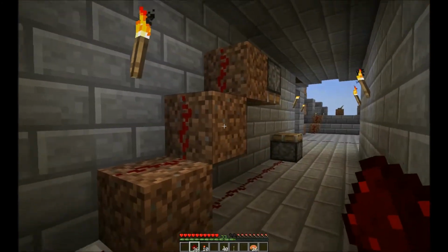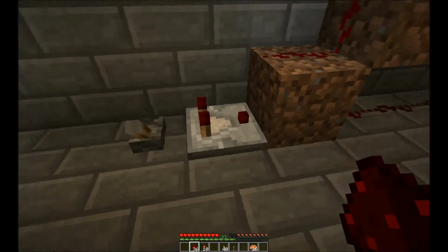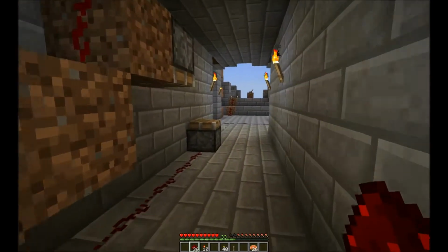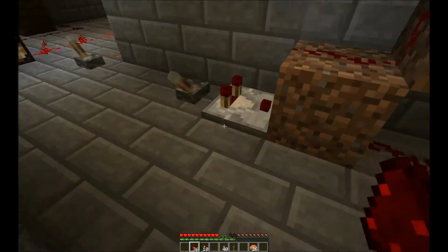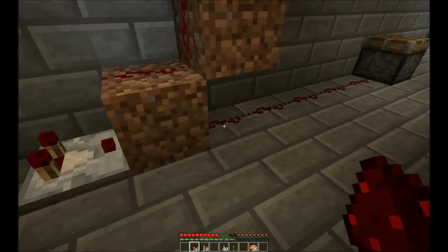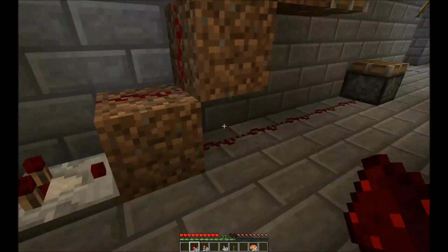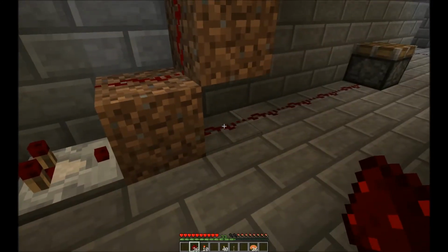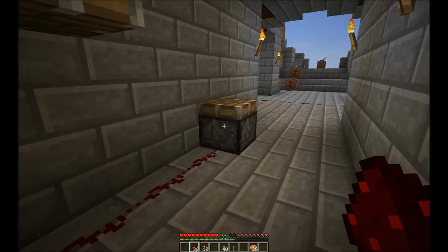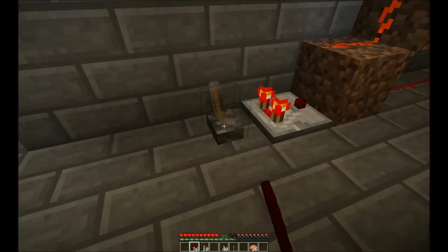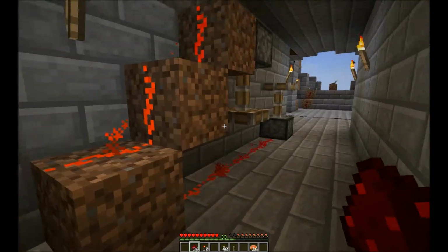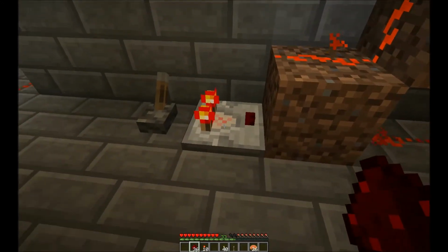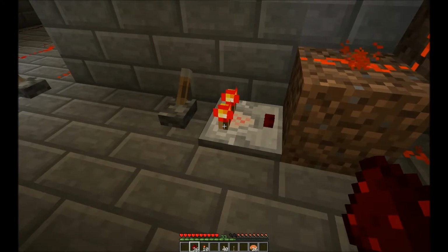Finally, we're going to look at a circuit that we looked at last time, except this time we're using the comparator for it. So last time we had the switch, a wire going up to the top piston, and then we put a redstone repeater here, and that powered this 2nd piston. This time we have the comparator on the other side of the block, and what this does is it puts 15